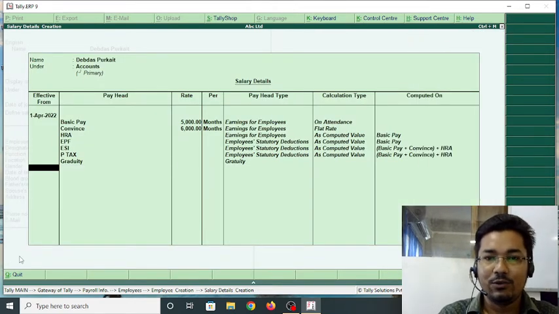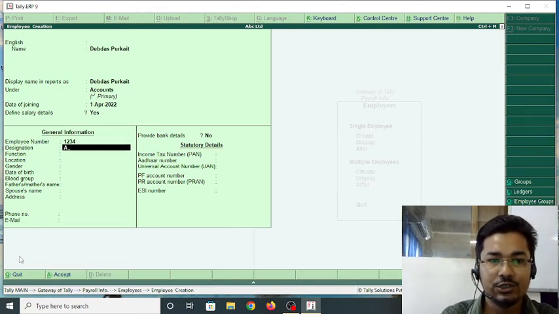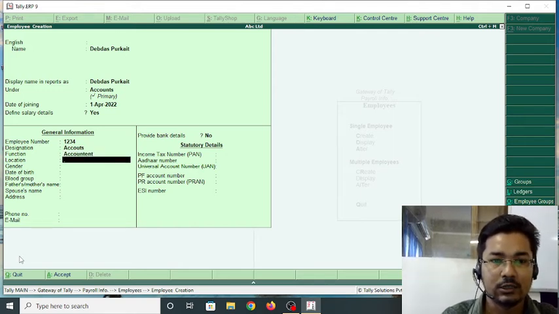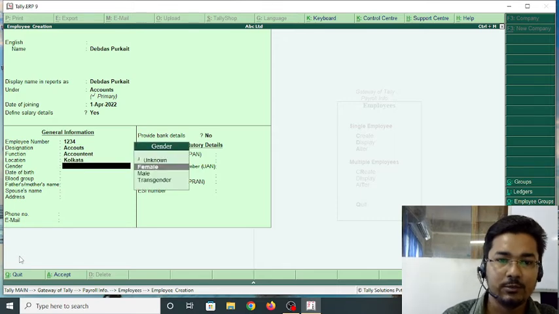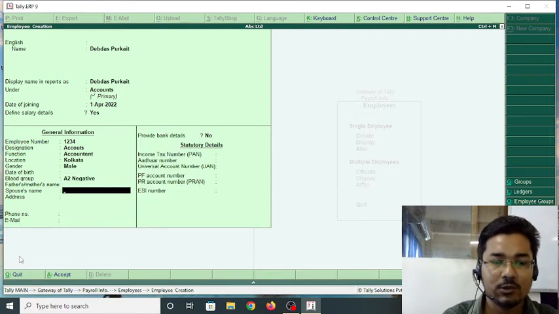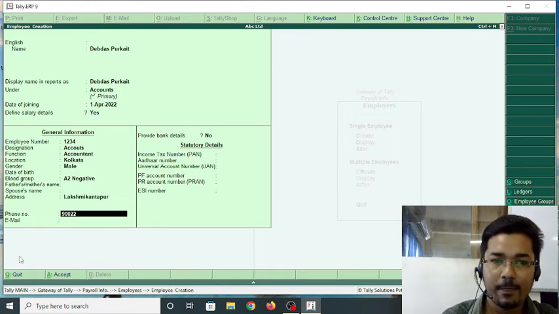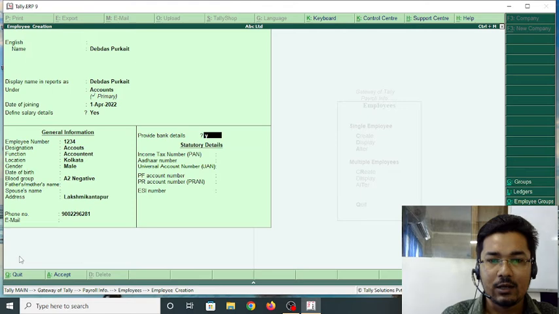Then press Ctrl A to save. The employee number is 1234, designation is accounts, function is accountant, and location is Kolkata. Gender is male, write the date of birth, choose the blood group from here, write the father's name, spouse's name like wife's name, and the address, Devdas's address. Then the phone number, and account details will be yes.